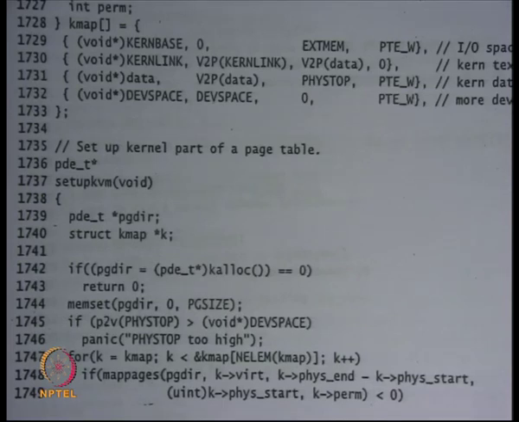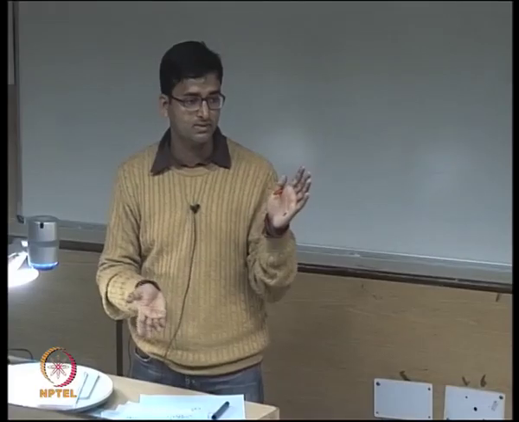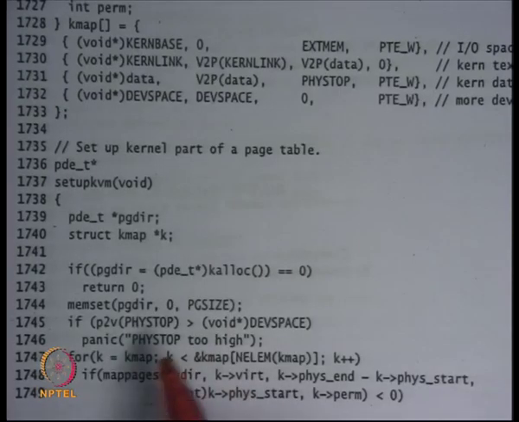What does it mean to zero out the entire page directory? It means no mapping exists, because for a mapping to exist, the present bit in an entry should be set. If you zero out the entire thing, none of the present bits are set, so there are no mappings in this page directory initially.